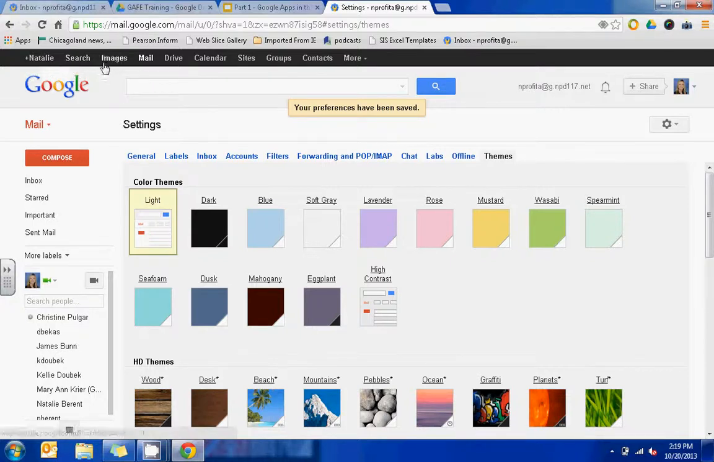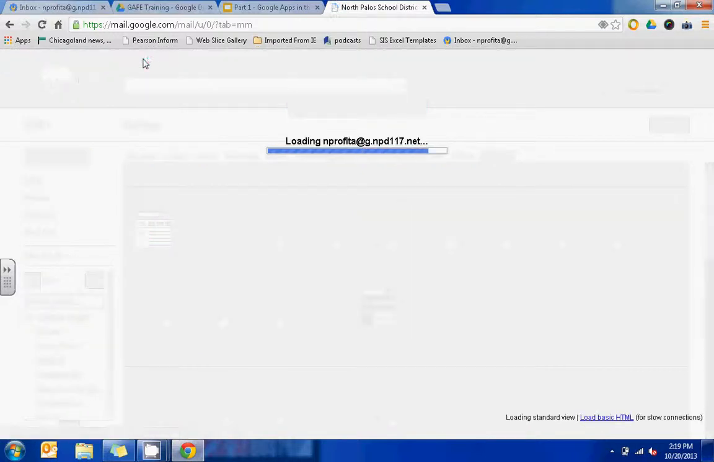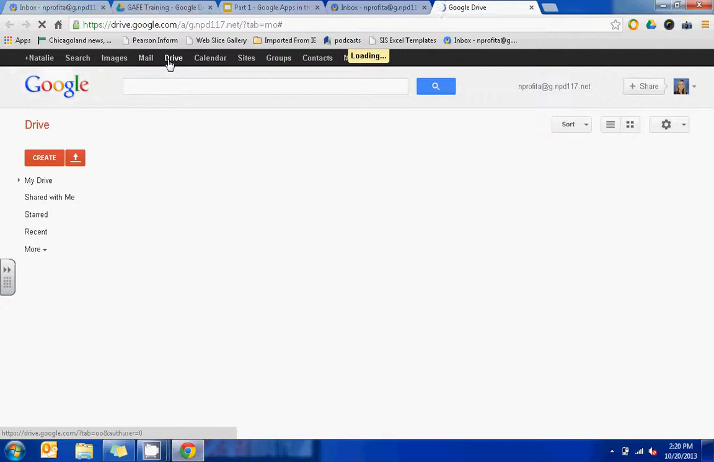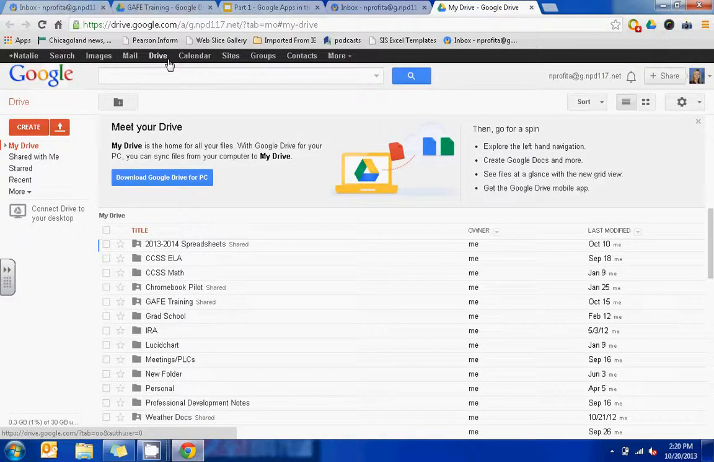Up at the top, you'll be able to navigate to various other portions of your Google account. Initially, it takes you to Mail, which is your Gmail account, but you can also search the general websites using Google's search engine or search images by clicking on any of these two links along the top black bar. Let's click on Drive so that I can give you an overview of how you would navigate your Google Drive